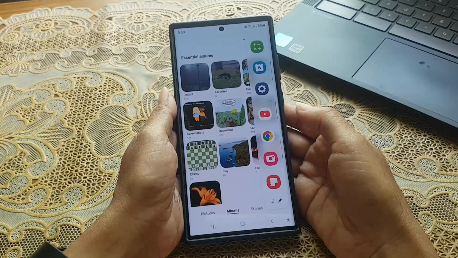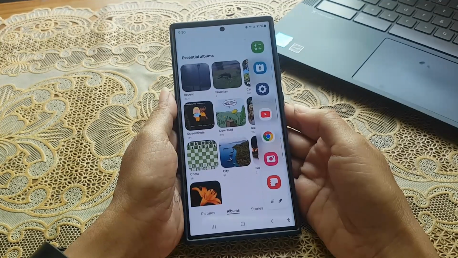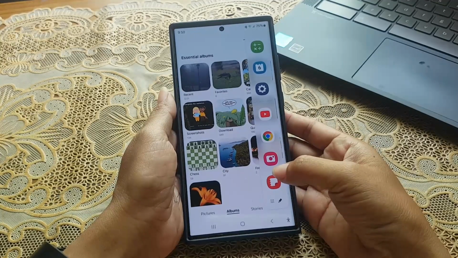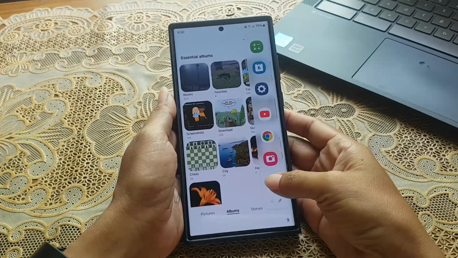Tap and hold on the second app you want to use in split screen view. Drag it to either the lower or upper part of the screen. As the example, we will select Note.